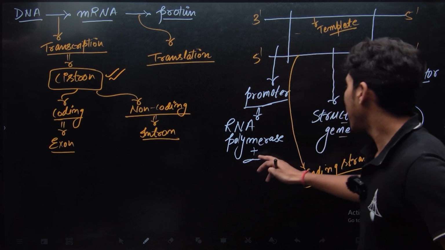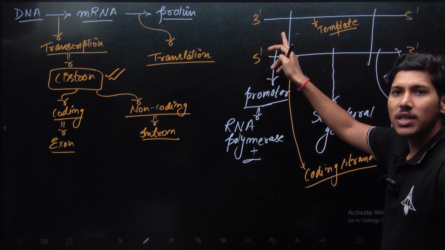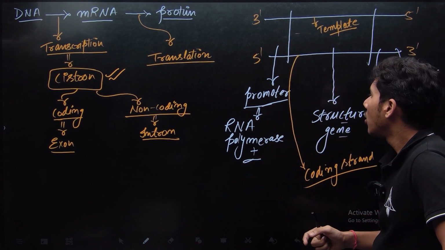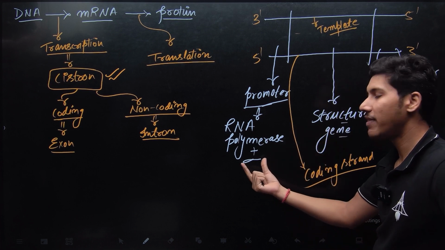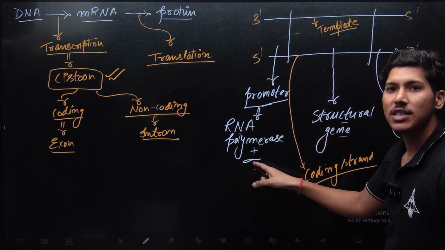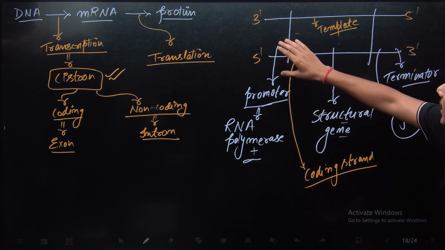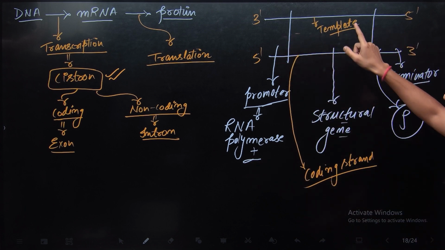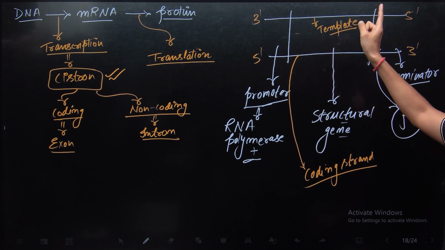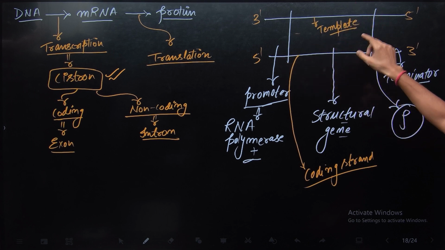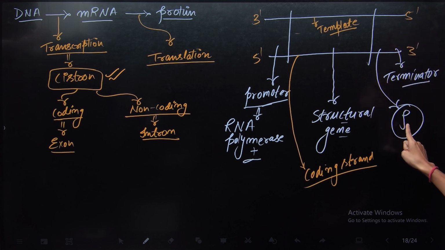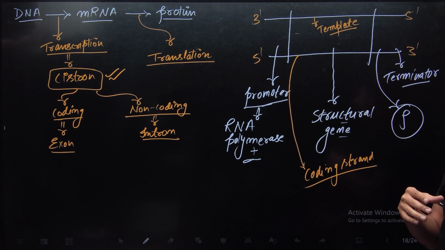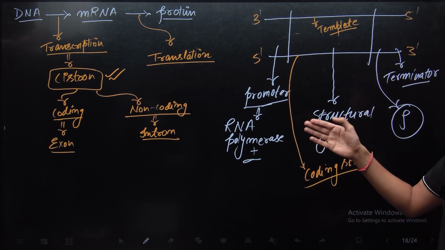So RNA polymerase attaches on the promoter site after binding to a factor known as sigma factor. Then it starts to move like this here and start to synthesize RNA. After synthesizing RNA, it reaches the terminator region where it binds to the Rho factor. After binding to the Rho factor, the RNA polymerase complex breaks down and it releases the nascent RNA